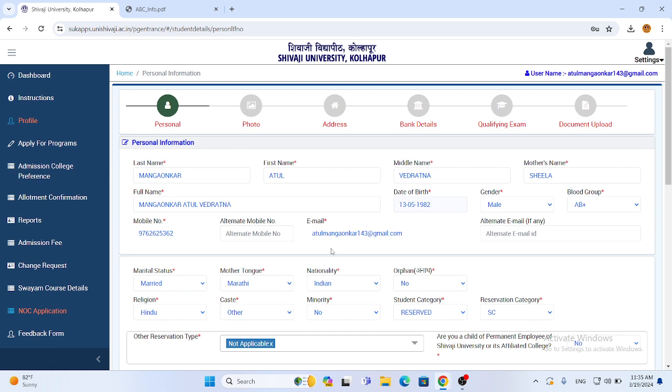On that, you have to pay the rupees 600 entrance examination fee with the help of many options such as UPI, credit card, debit card, net banking. It is expected to use UPI payment because most of the candidates nowadays use Google Pay, PhonePe. You have to enter your UPI ID, and a payment request of rupees 600 will be sent by Shivaji University directly to your